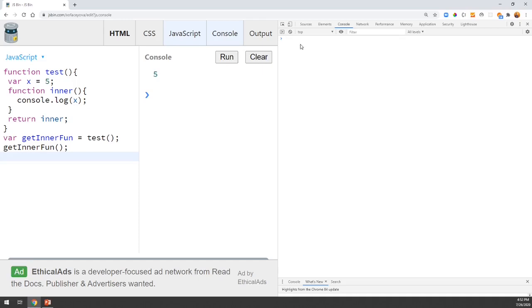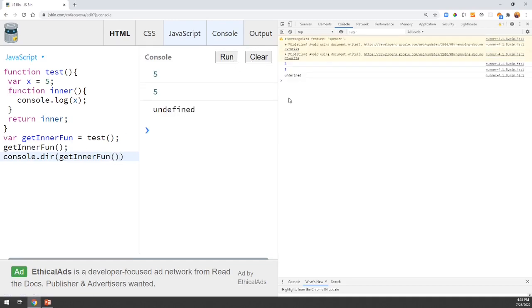So here I'll console.dir, which will give us the complete metadata of that function. Let's clear and run it again.